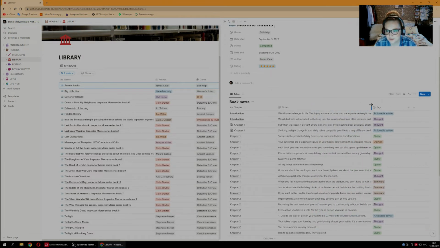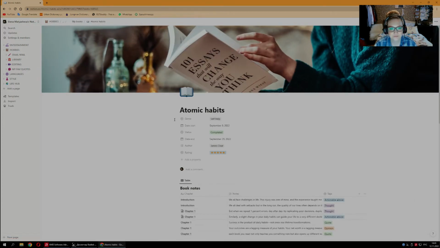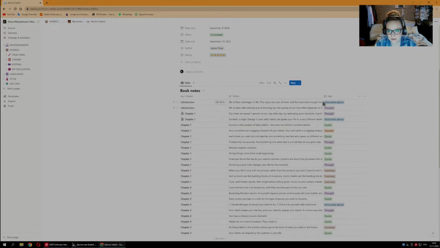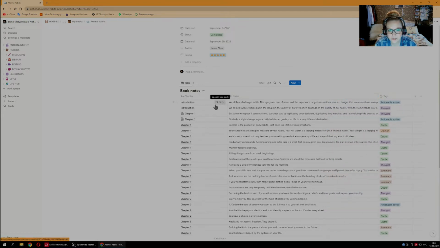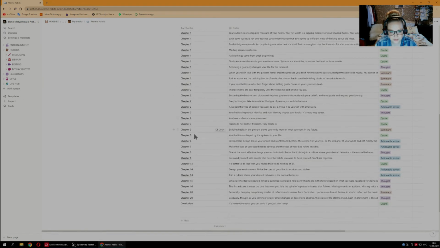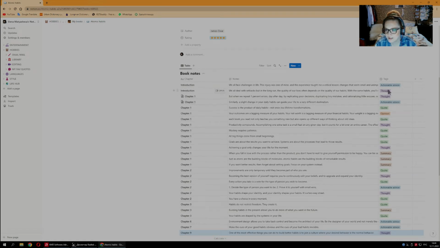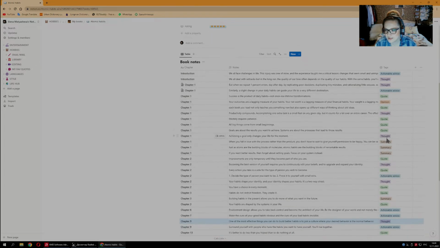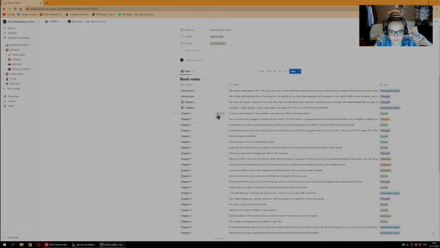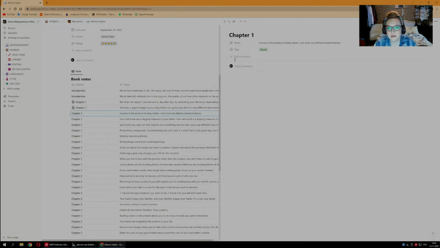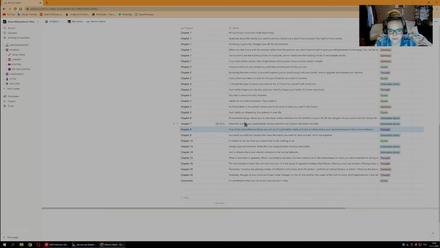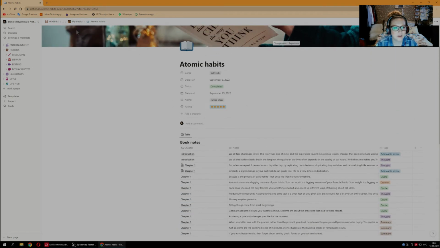Okay, here I have a section where I can copy paste the most important information for me. Here I have a chapter, a note, and here I have a text: actionable advice, thought, quote, opinion, or just summary. And here we have, for example, let's start with this one, chapter 1. And we see that it is a quote: success is the product of daily habits, not one-time life transformations. Okay, I just want to remember everything that is important for me, all my favorite